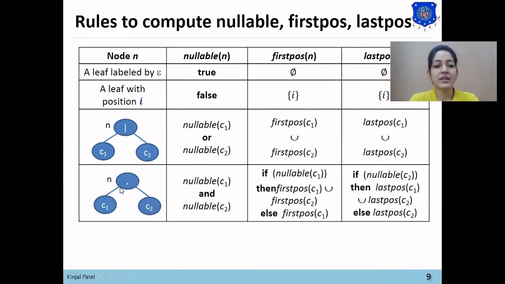Now the third node is the concat node. So the concat node will have 2 children. The nullable of the dot node will be nullable of C1 and nullable of C2.